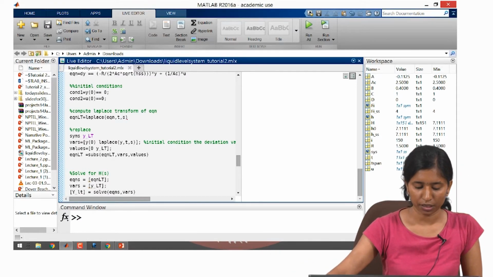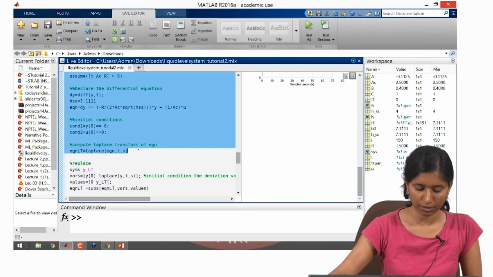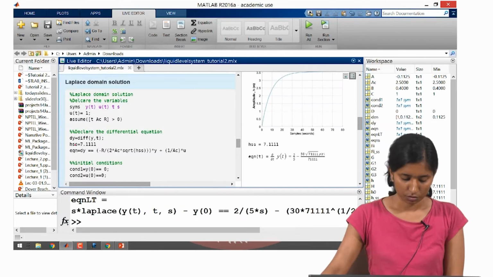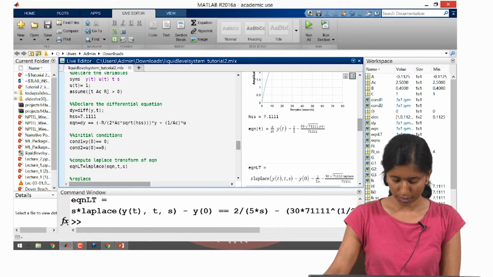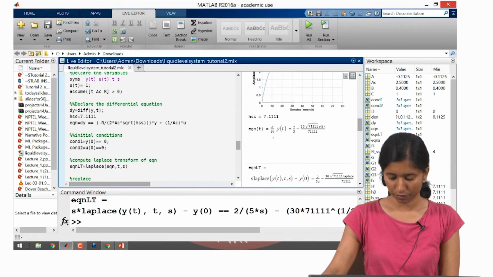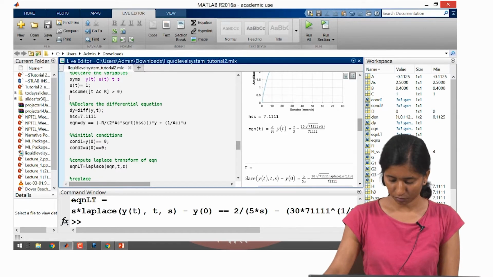So, let me run till this line and show you the result. I have run this section and this is the equation that I defined. This is the Laplace transform of this particular term here. This is the derivative term, so it is s into Laplace of y of t minus y of 0 equal to 2 by 5 into, the unit step is here, so the Laplace transform is 1 by s. So it is 2 by 5 s, and not to get scared by this big term, but this is simply,